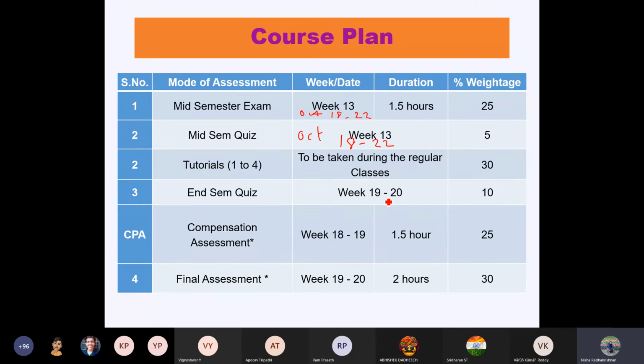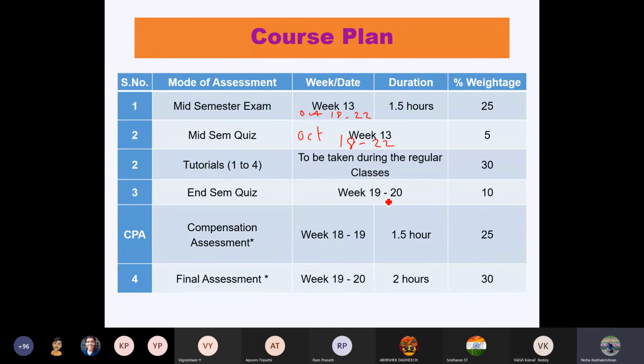Last year, I don't know about section A, but in section B, we had one quiz in the morning. The exam was from 10 to 12. We conducted one quiz at 9 to 9:15 or so, and immediately after that, at 10 o'clock, you had your final exam. So that's how the pattern is. Have you understood? Please note this down.